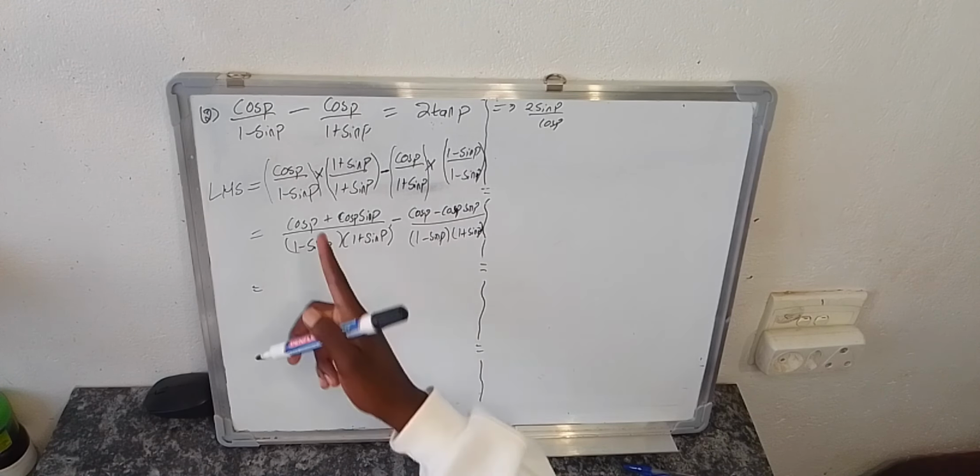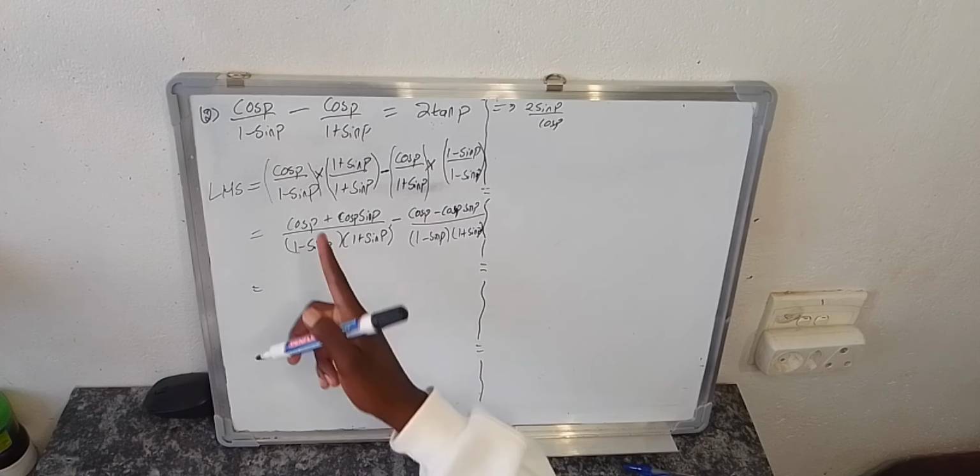We already have 2 sine p. So at the denominator side, we have to be left with only cos p. So now let's try to remove this bracket. So we are going to be left with 2 cos p sine p, all divided by